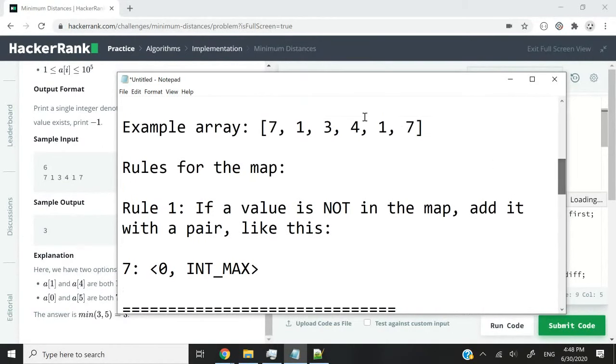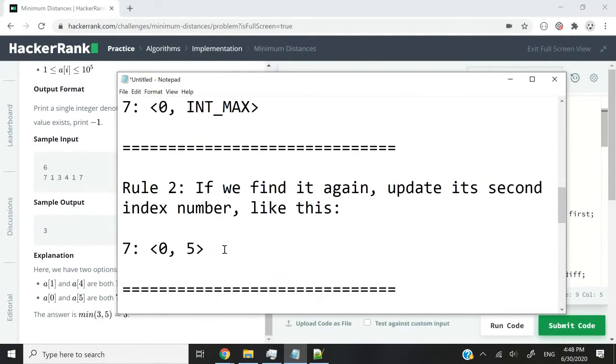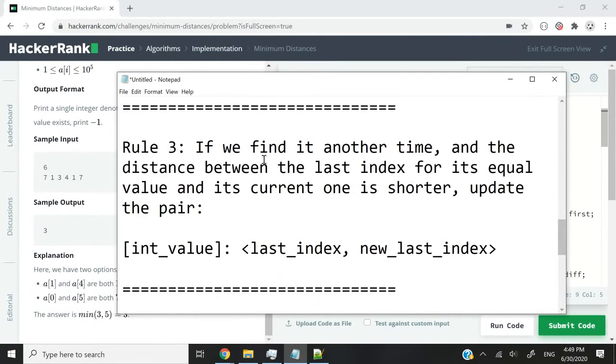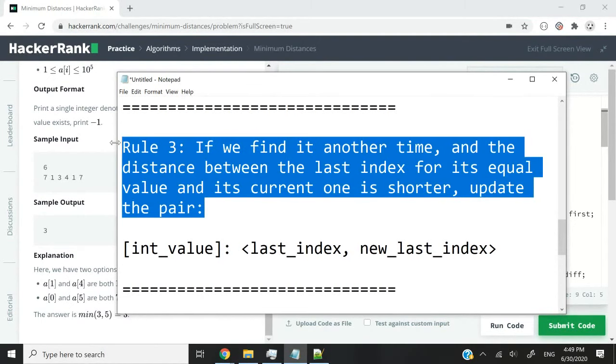Because we were able to find 7 at index 0, 1, 2, 3, 4, 5. So at index 5, we found 7 again. So we would get that pair right here. For rule number 3, if we find it another time inside our array, then we need to compare if the new distance between the last time we found it and the current index is in fact smaller than what we have right now.